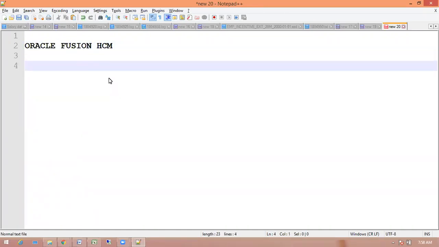Right, Oracle Fusion HCM product, since you're already working on it, what is the difference between a cloud product and an on-premise product, what is SaaS, and all, right? So Oracle Fusion HCM is a SaaS product, software as a service product. Based on client or customer demand, Oracle provides the pod instance to automate their business process.